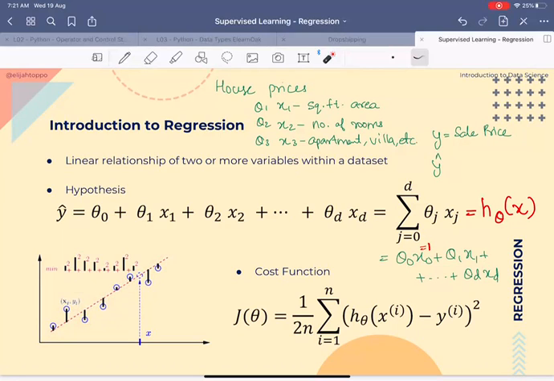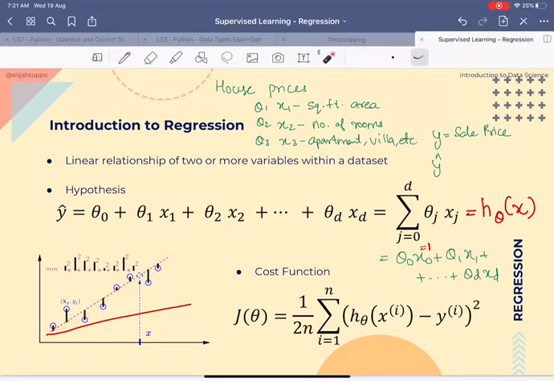So we need to find out, is this okay? If I have that line and I have this line, which one is a better line? Visually we can see which one fits closer to the data, but we need an empirical, mathematical method to quantify how good or how bad our prediction is. So we use the error term.